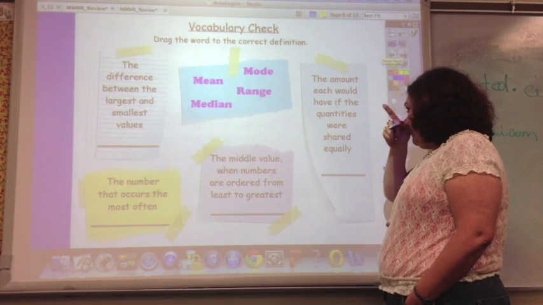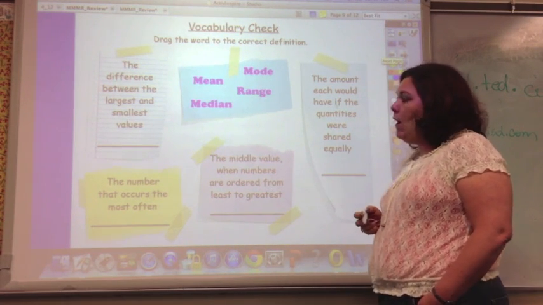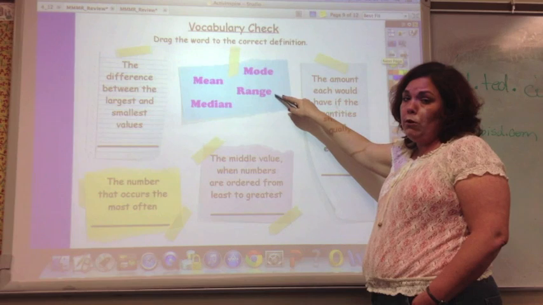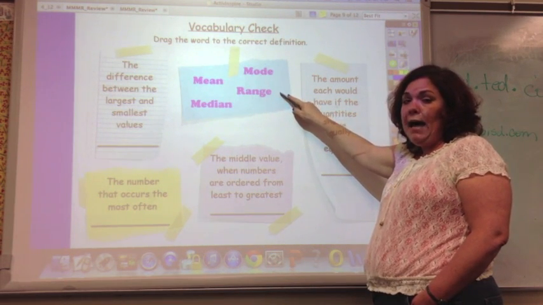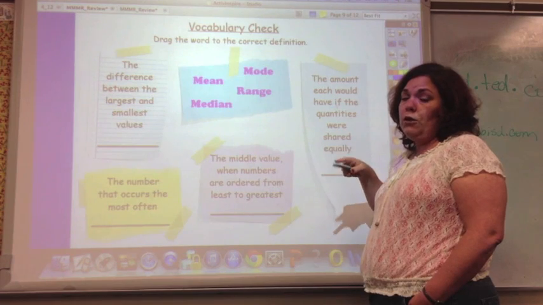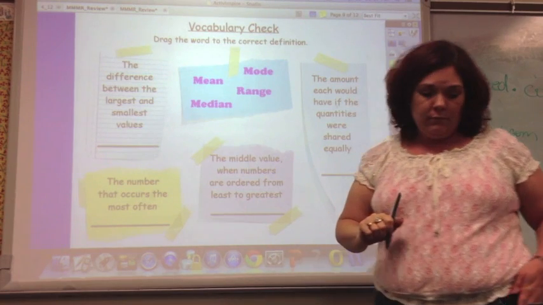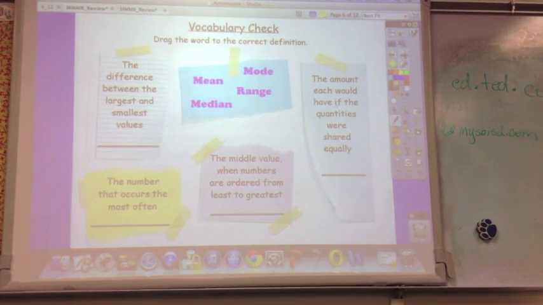So here's a vocabulary check. Go ahead and pause and read these definitions and make sure that you know where these words go. And if you don't, go back and look at what the words mean again. So be able to put these words on there. Okay,